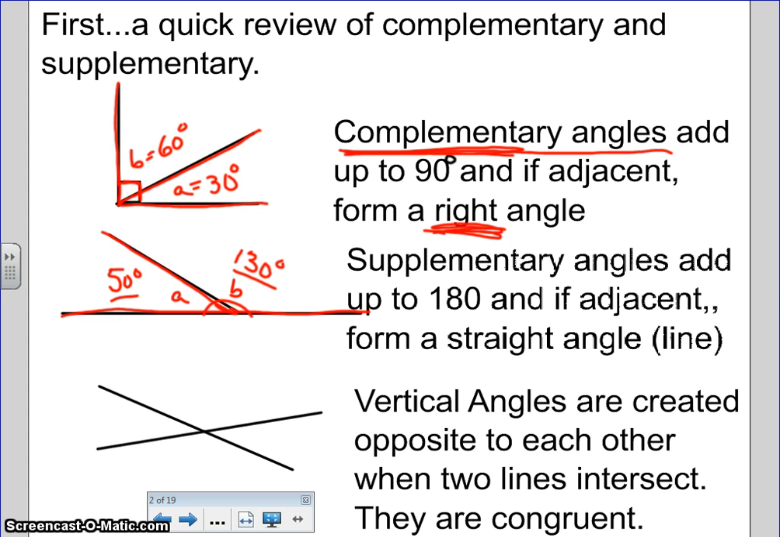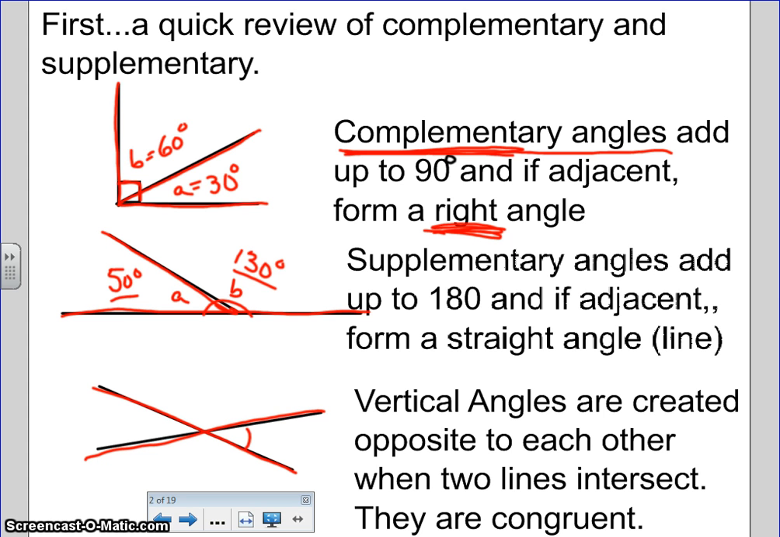The third item that you need to remember from earlier in geometry is that vertical angles are angles that are created when two lines cross each other. So that's an ugly picture right there, but we've got two lines that are going to cross each other in this picture. We've got this one right here and this one right here, and there are four angles that are